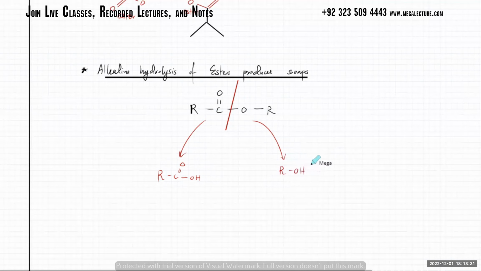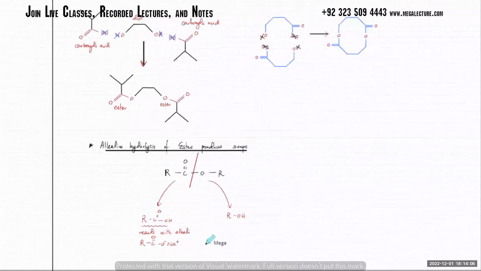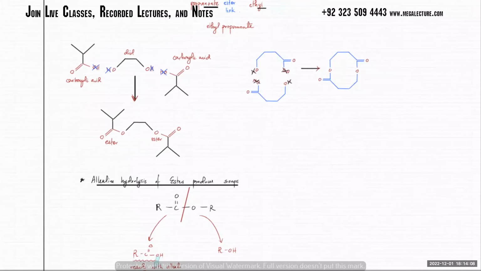Achha, but what happens is that the carboxylic acid ends up reacting with the alkali. It reacts with NaOH, ठीक है, जो भी alkali add की हुई है, reacts with the alkali, and when it does that, since it reacts with the alkali, it's going to produce the salt of the carboxylic acid, which is going to be COO- and Na+, ठीक है। तो ये एक छोटा सा पॉइंट है, ये याद रखना कि about alkaline hydrolysis of esters।